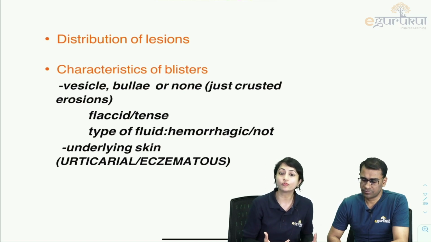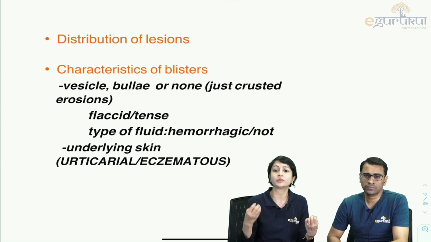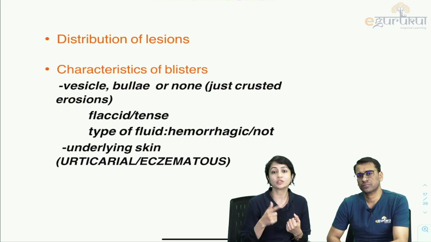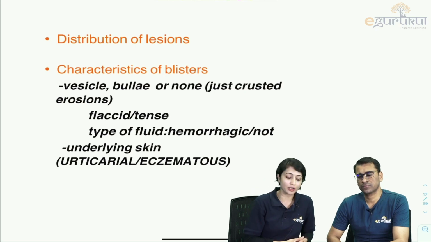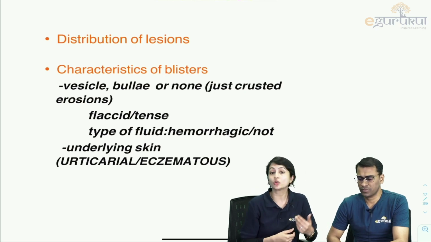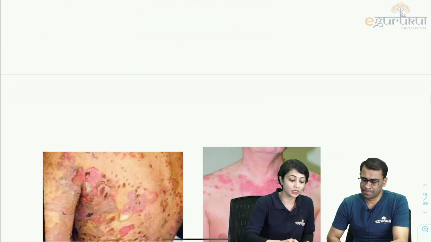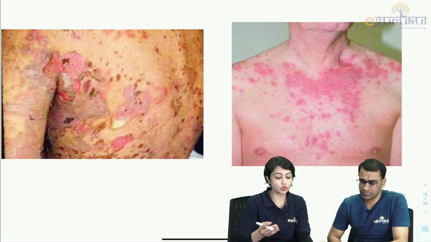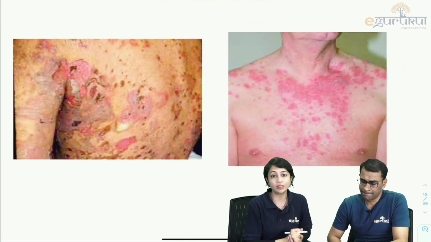Then what is the type of fluid? In subepidermal disorders, there is some amount of dermal involvement. There may be some amount of blood flow, so you get hemorrhagic fluid. You see hemorrhagic crusting, which is not there in intraepidermal disorders. And then obviously you can have some urticarial or eczematous lesions. So look at this image. Based on whatever we taught you, I think you can look at the image and tell me what I'm talking